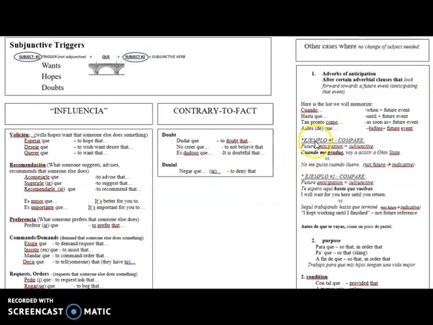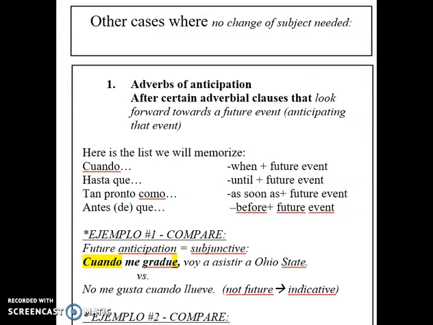Then we also looked at the word cuando with anticipation. These do not follow the bridge, but just like when I graduate, I'm going to attend Ohio State. Let me zoom in. Okay, we've also talked about other cases where with adverbs, there's no change of subject. You just have to determine, am I anticipating a future event? Some examples of that are,